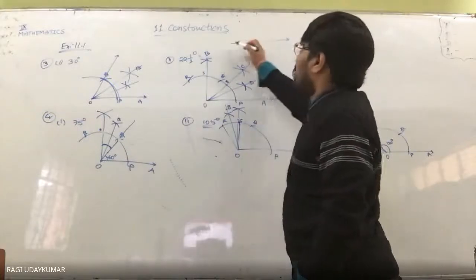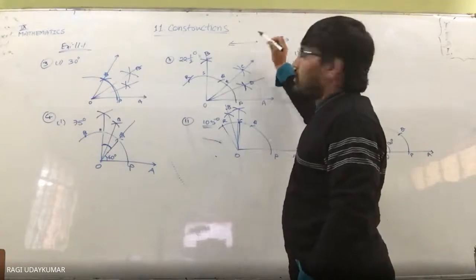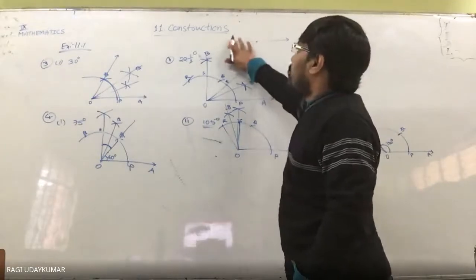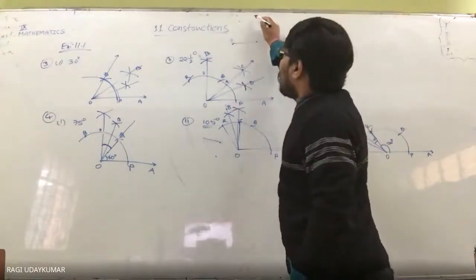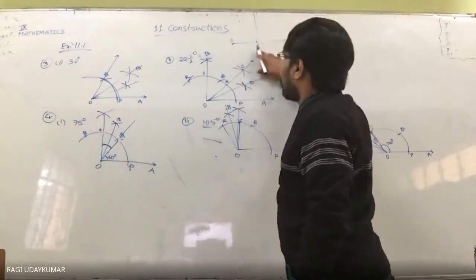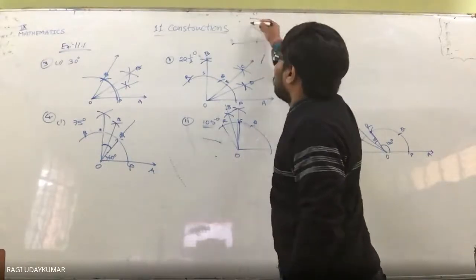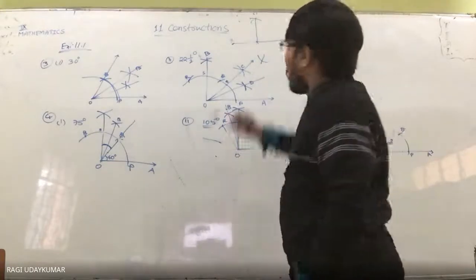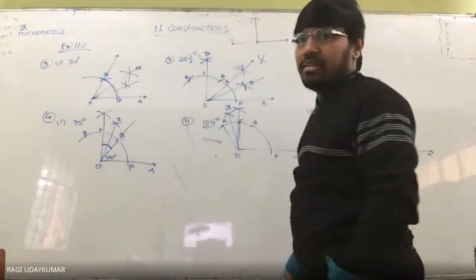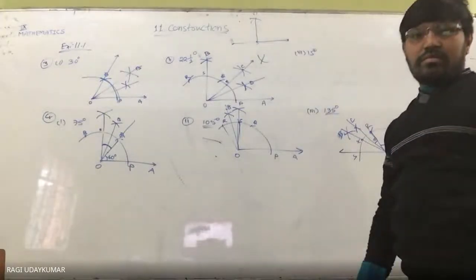One line you need to consider. You draw the perpendicular bisector of this line segment. Like this perpendicular bisector, how do you draw? With this one as a center, here one mark, here one mark, here. Join these two, and that becomes 90 degrees. Then after that you can bisect this angle 2 times. That is only your doubt, na?